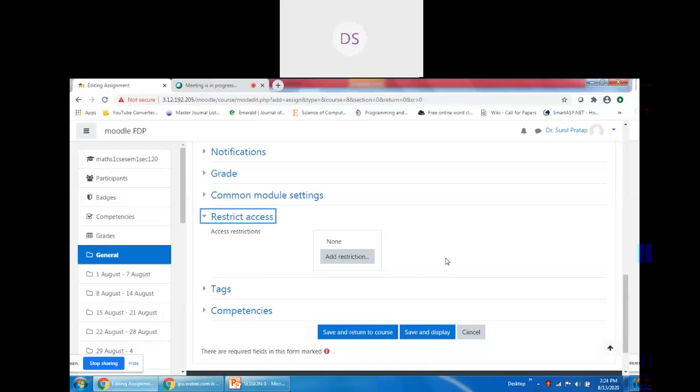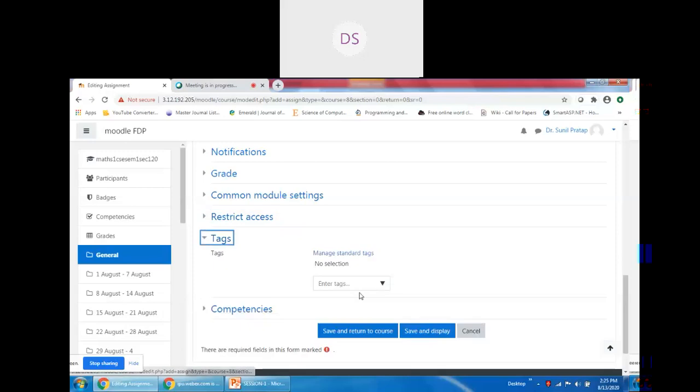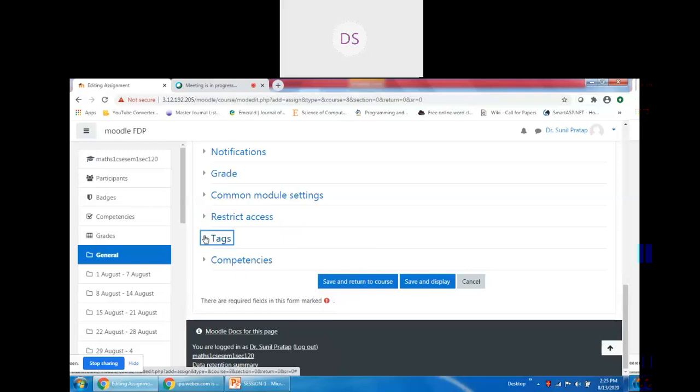I think Uttam sir might have explored the role creation and suspension of users. If some students have been suspended, we may restrict those students from submitting the assignment in this section. Okay, tags: specific tags to retrieve or later access this type of activities.